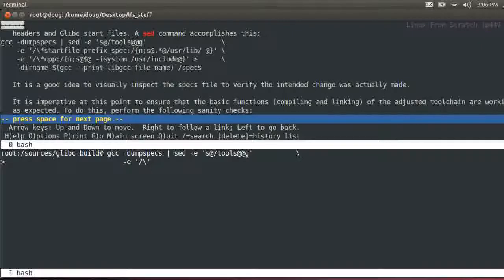-E, and we want to say replace all start file underscore prefix underscore spec with encapsulate n semi s at jump back in dot all at. I'm going to replace that with user lib space and jump out. Okay, so now we have